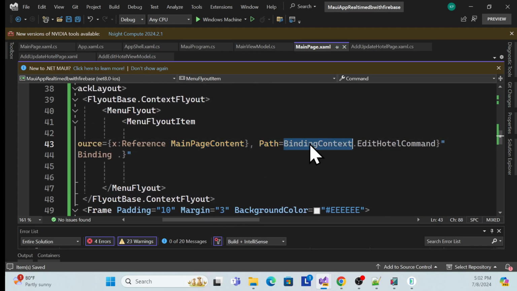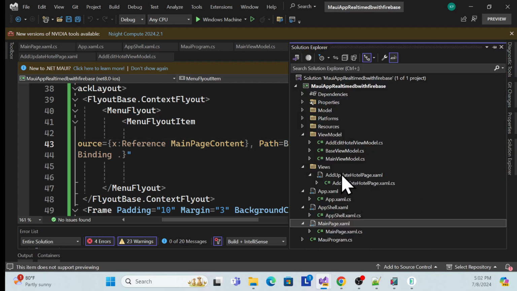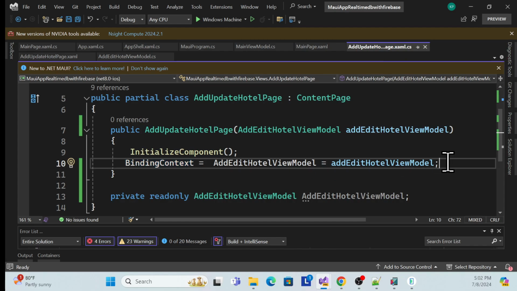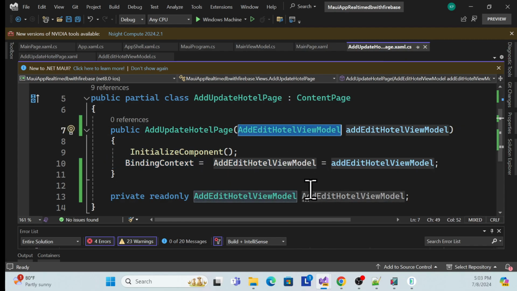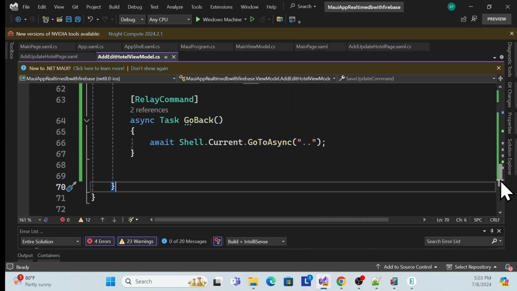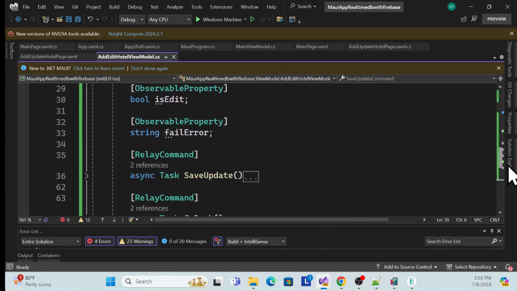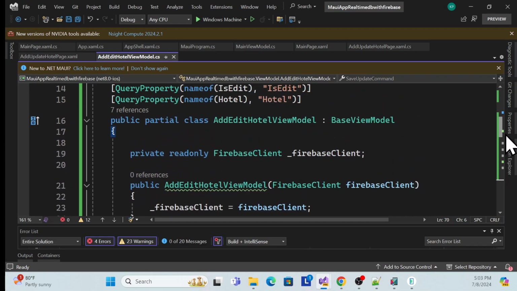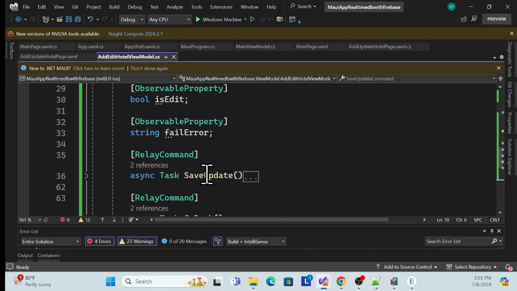and then I can use it as a path. And in that path we have to use the binding context, and in this binding context whatever your command is, like for example in our case, this page itself we have to bind, right? So this is the binding context, and in this binding context we have to bind that view model. So in this view model we have that command, right? So this command, which is the edit and update command, right? For example, save and update command, right? So let me copy this